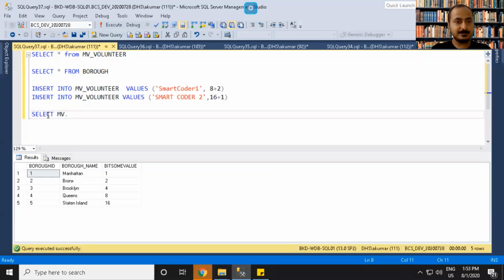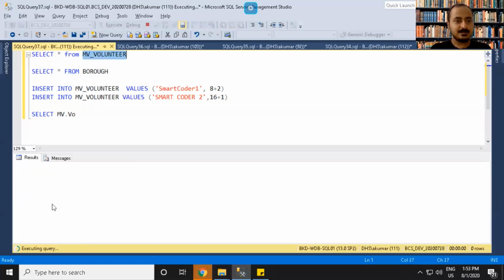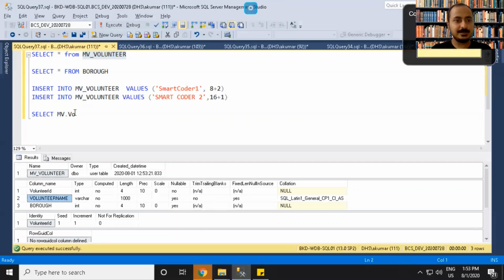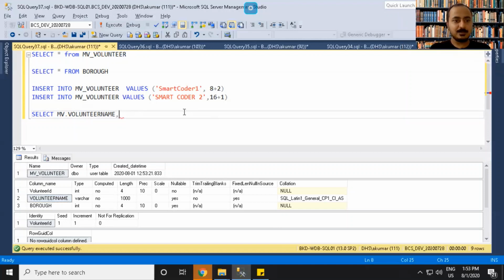So mv dot, let's say the column name, volunteer name, comma, the borough dot name.